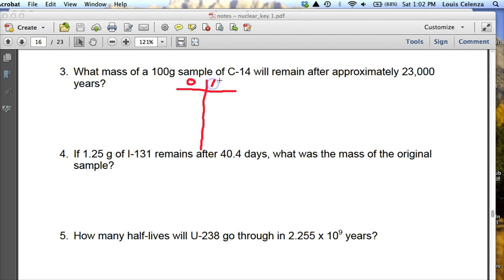0, 100 grams. So after one half-life, which is 5,730, I would have 50 grams left, or half of my sample. After another half-life, which would be 11,460, I would have 25 grams, or a quarter of my sample left. After another half-life, which would be